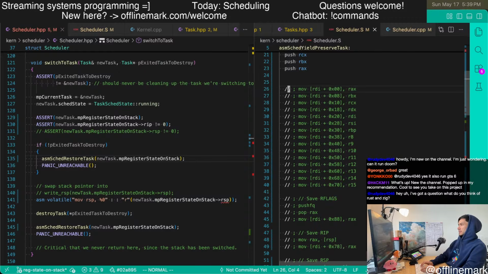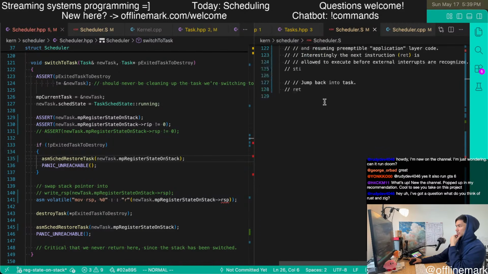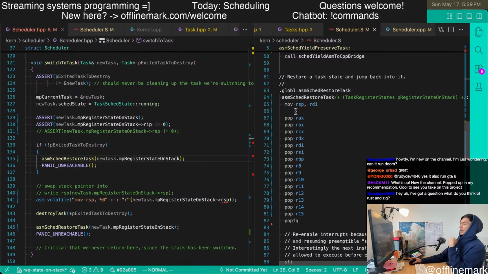I think the commenting is a little bit weird, and my syntax highlighting is a bit wrong, but it's just going to completely take over.